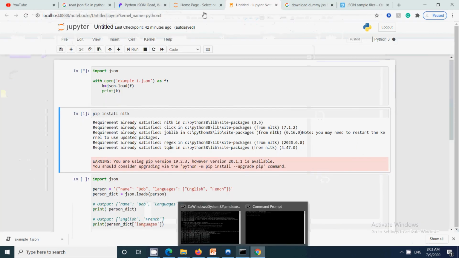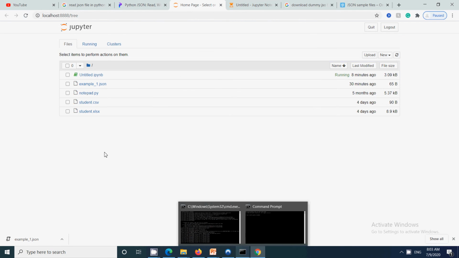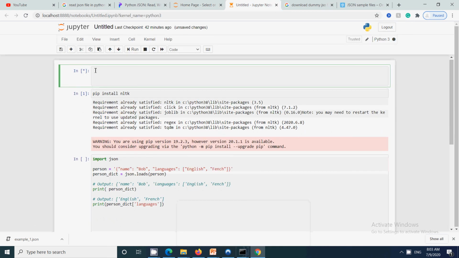So you can see this is the Jupyter Notebook interface, and you can find that all the notebooks or all the programming that you are doing is stored here. In order to create a new notebook, you just need to click New and then Python 3, and you will have this type of interface. You can see all these blocks, they are basically the code blocks in which you can write your code. So we'll directly start by creating a chatbot.